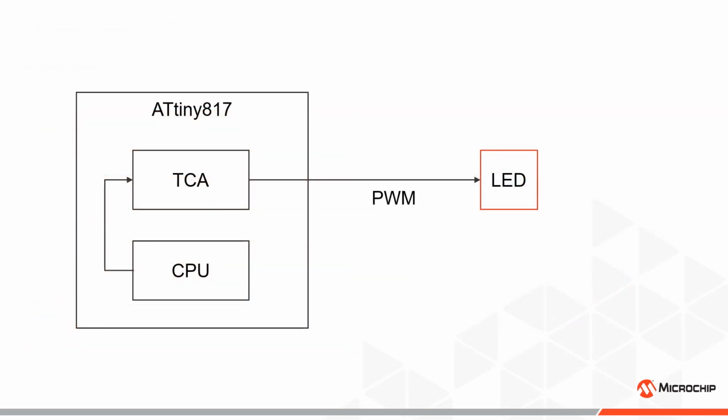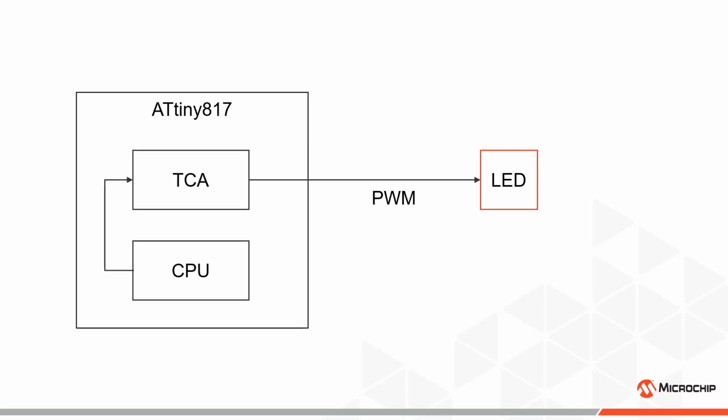First, let's briefly go through how we increase or decrease the light intensity of an LED for those of you who are not familiar with the concept. Here you see a simple illustration of a Tiny817 microcontroller. It shows the CPU and the timer counter A peripheral, or TCA for short. We can configure TCA to output a pulse width modulated signal, or PWM signal for short, on an I/O pin